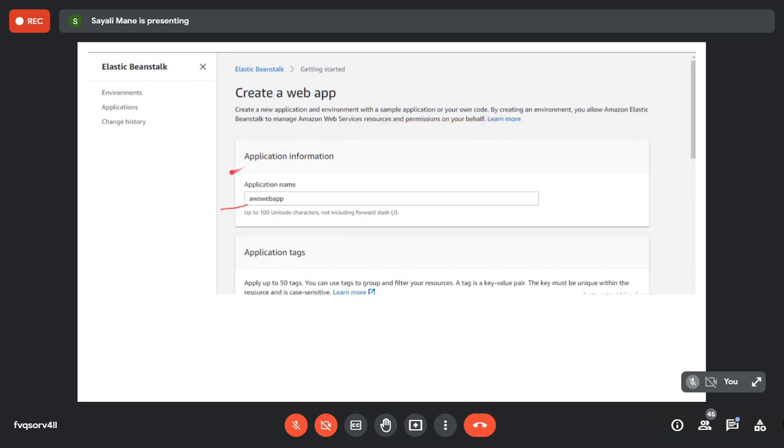For that, first, for the application name, give the name AWS Web App. Right now, try to keep the same name. Later, for practice, you can change the application name. I'll type the name in the chat box: AWS Web App.